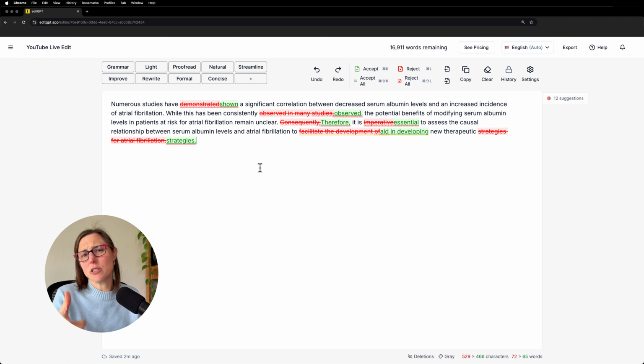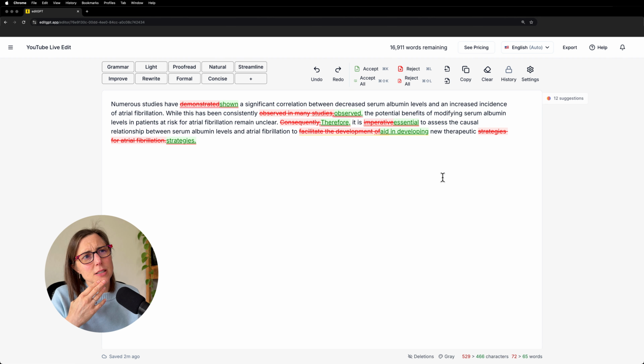Okay, so we also have, rather than it is imperative, we have it is essential. So let me see, imperative has 4 syllables, essential has 3 syllables. So here you buy a syllable, which is helpful for readability, but meaning-wise, it is imperative, it is essential.